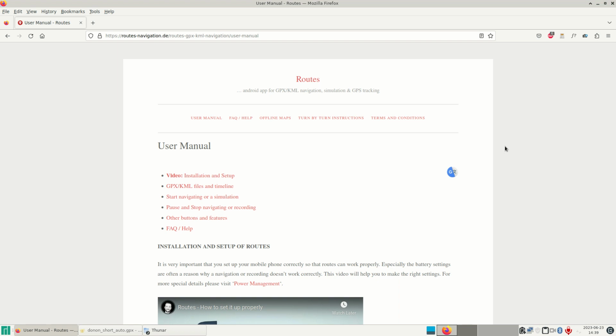So you need to learn how to load your GPX files. It is very straightforward. You need to learn how to download and load the offline maps. This is very important, because when you're navigating, you don't want to rely on online maps. The ones that are provided by default are Google online maps, that they don't have the hiking tracks, and if you don't have a Wi-Fi connection, then you won't have any maps. So the first thing you need to do is to download and install offline maps, and